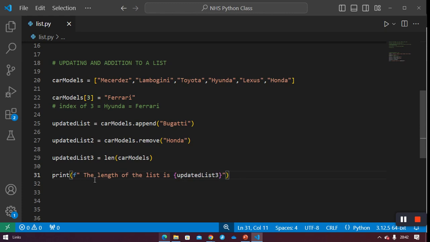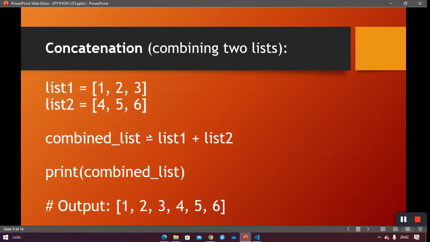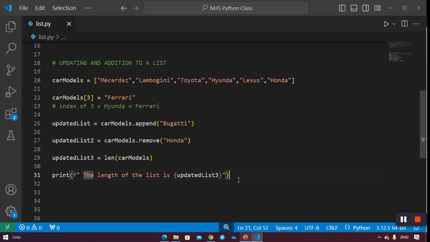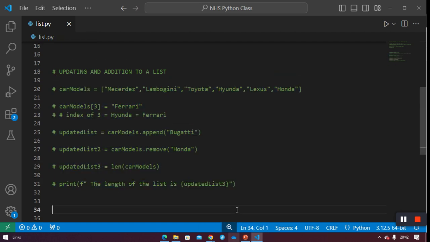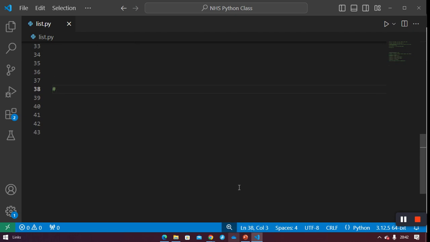About length. What is the next thing? Length of the list using length. That is what I just did now. It shows the length of the list. Now concatenation of lists is very easy, just like addition. Let me do a comment for concatenation of lists. Concatenation of lists means adding 2 lists or more lists together to form one. So I'm going to say list 1 equals, let me create a list of numbers